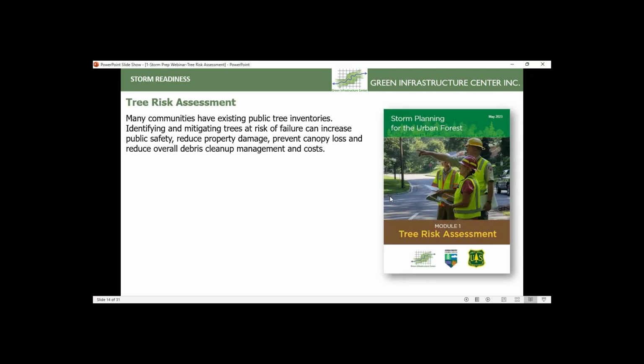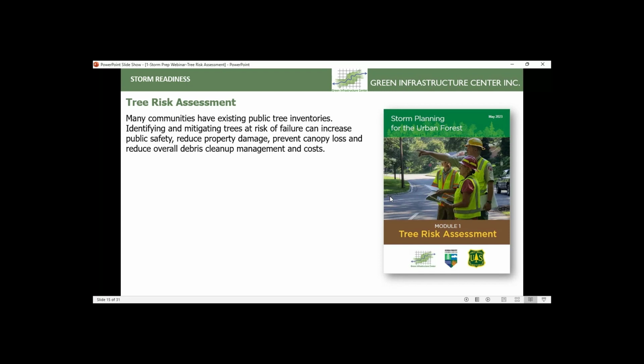Absolutely. So as Darren mentioned, if you have an existing public tree inventory, this is a great way to add additional value to that, to understand it. If you don't have existing tree inventory data, then it's a great opportunity to collect this information, and also make sure that when you're contracting out for that tree inventory work, that you request that the assessment be done on the population of trees,